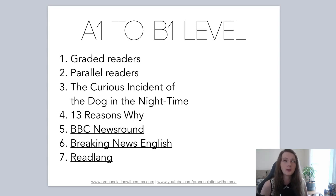There may be a couple of exceptions where they write in the past, of course, but it's written in the present because it's from the perspective of a boy called Clay, who I won't tell you much about because I don't want to ruin it. But he discovers these tapes, he's on the tapes, and he tries to piece things together and work out this kind of puzzle that Hannah left him. And it's all written from his perspective in the